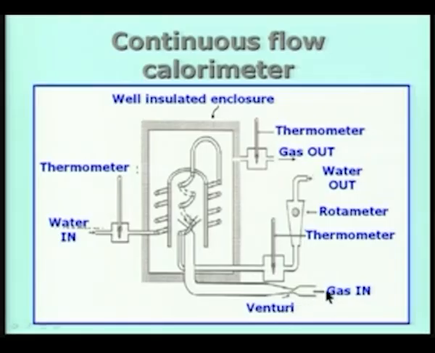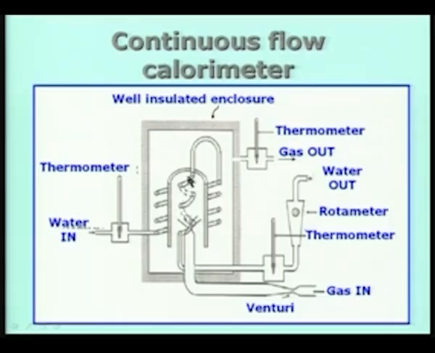As you can see here, the gas consists of a premixed mixture of gas and the oxidant. It may be in the form of oxygen or it may be in the form of air and the gas mixture. So, the gas into the calorimeter is actually the mixture of the gas whose calorific value or heating value I want to determine, and the oxidizer in the form of oxygen or air, and its flow rate is measured as it enters the calorimeter, and it is burnt here in a burner,